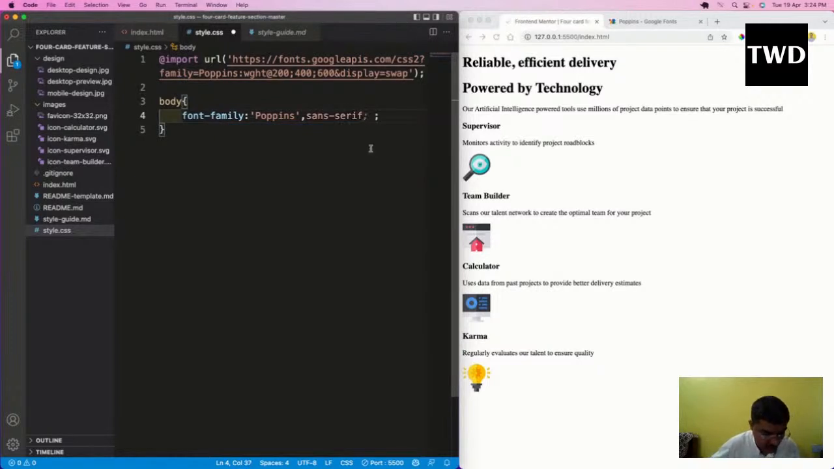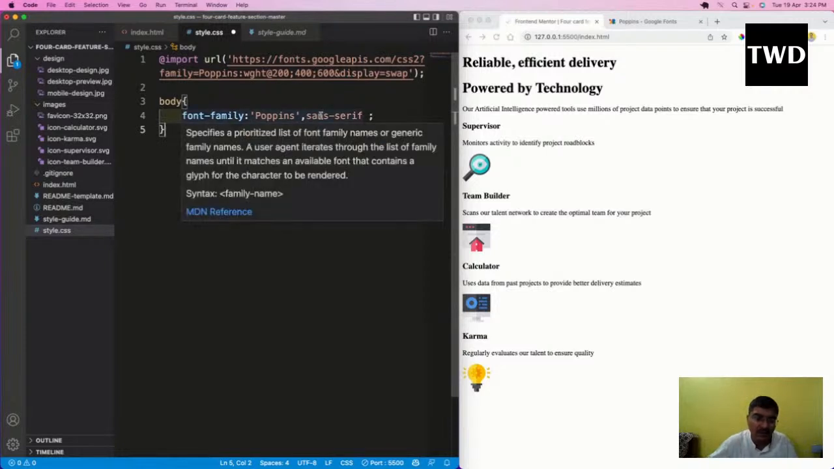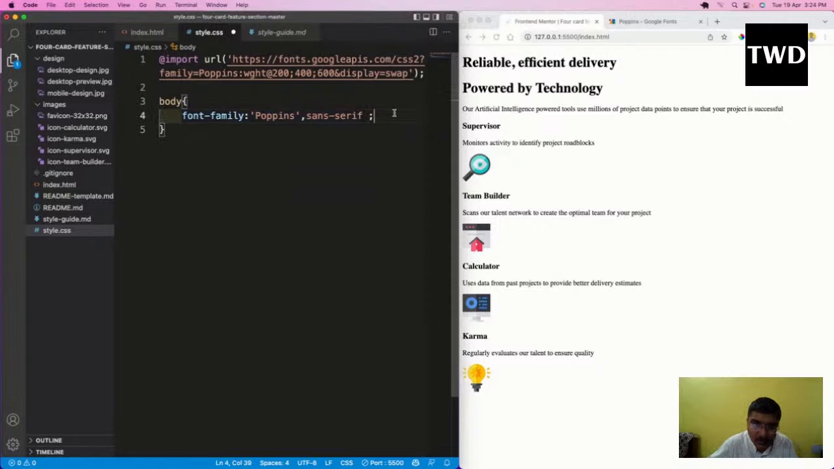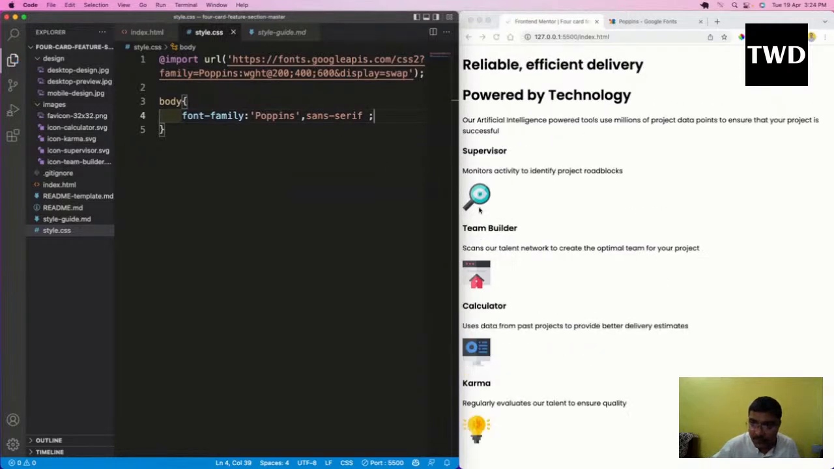fallback font. So in case this font is not available somewhere, the browser which is using this page will automatically pick the next available font what we have given here. Save it. So as you all can see the changes